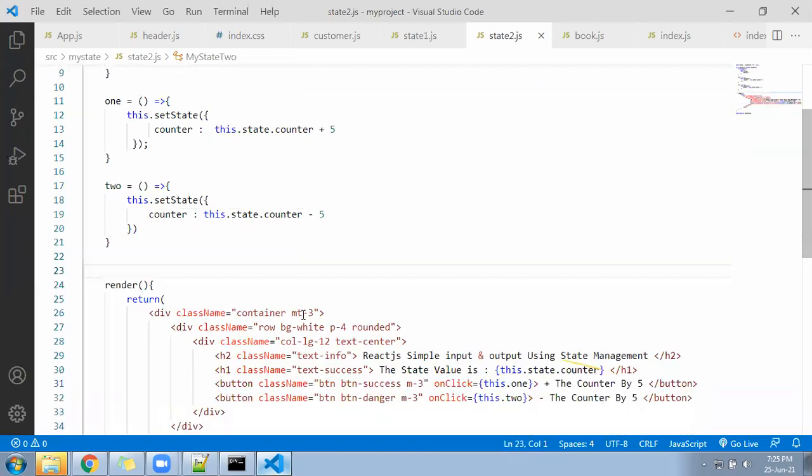Hope both functions are working, function 1 and function 2, plus and minus are happening.